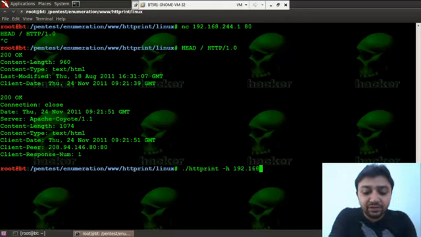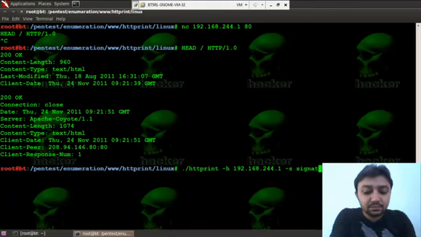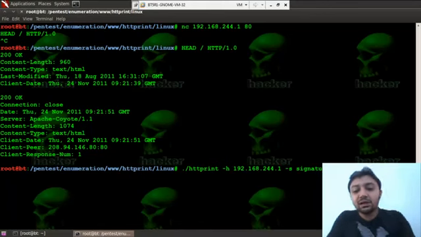This is the web server which is running at 192.168.244.1, and I will use signatures.txt.